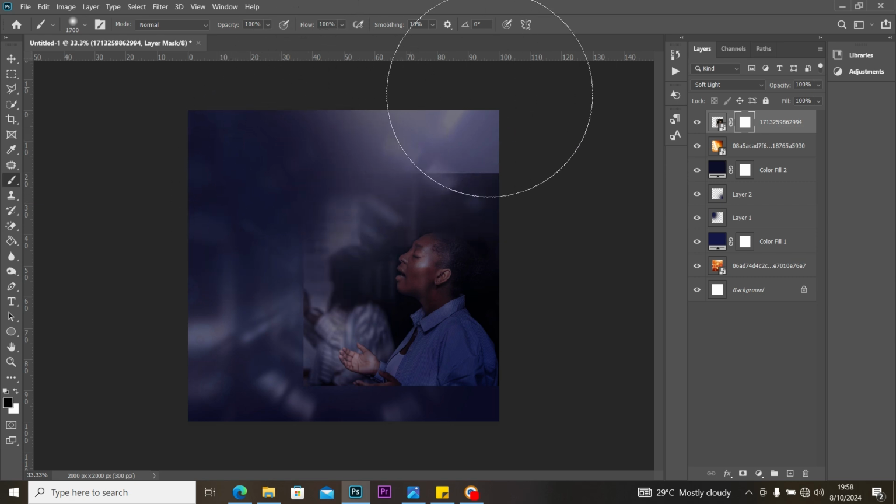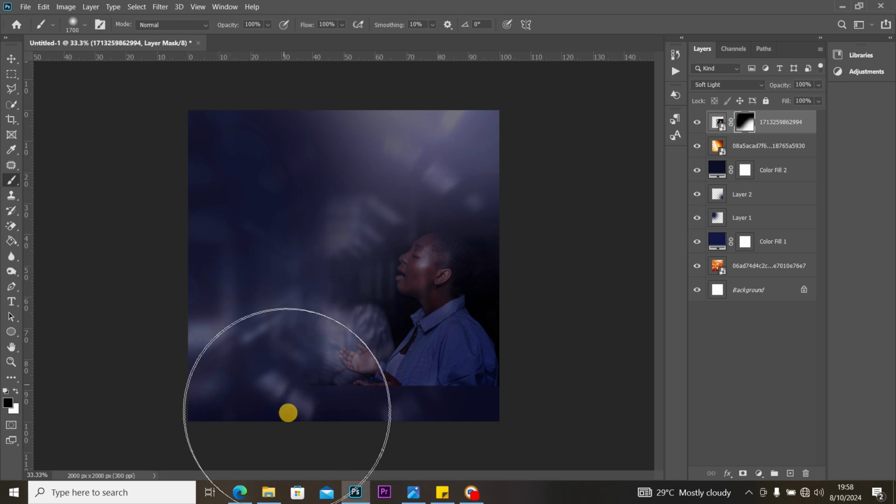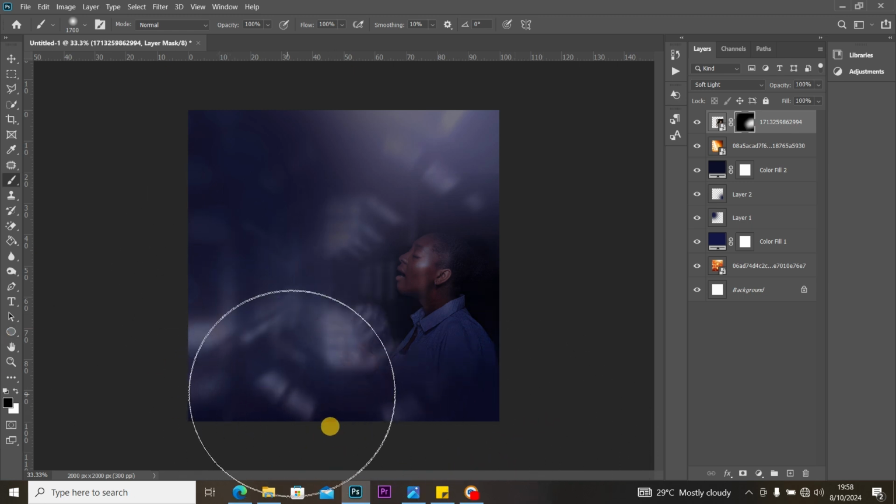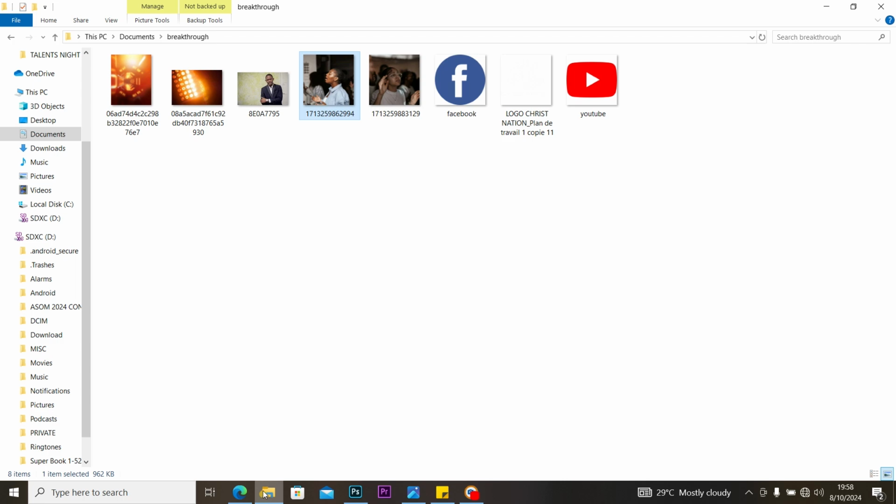So I'll just fade out these unwanted areas like that, and down here I'm also going to fade out this area like this, and I'm going to bring down the opacity a little, and I'll bring this other image